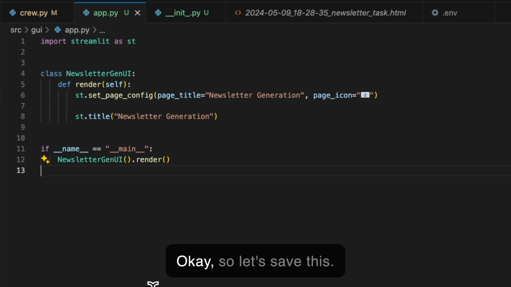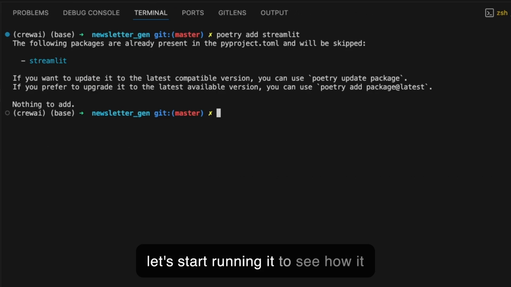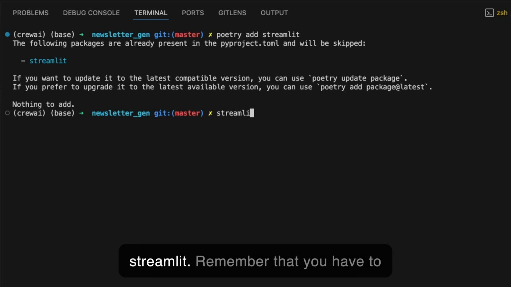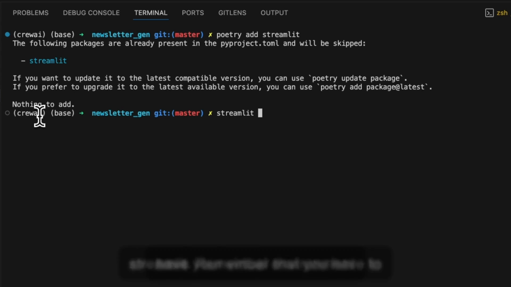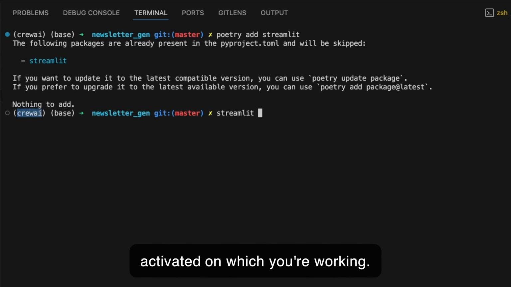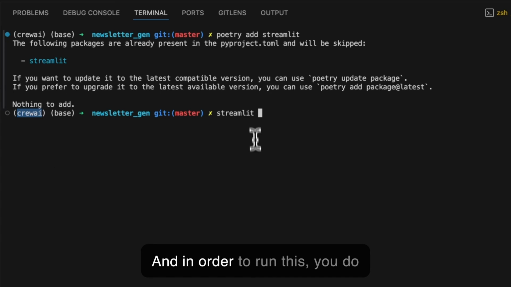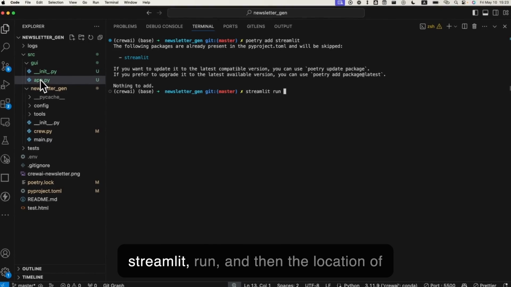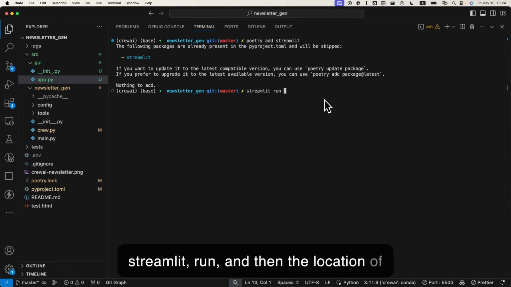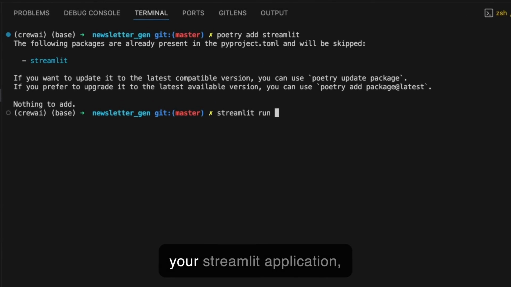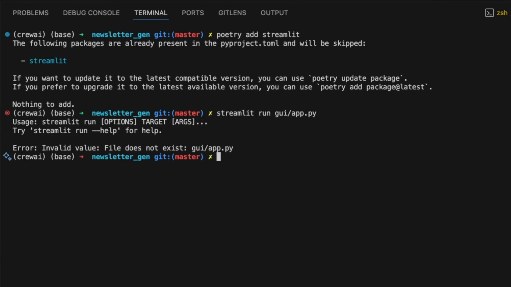Okay, so let's save this and let's start running it to see how it looks. And in order to run it, very simple, all we have to do is do streamlit. Remember that you have to have your virtual environment activated on which you're working, and in order to run this, you do streamlit run and then the location of your Streamlit application, which is, in my case,